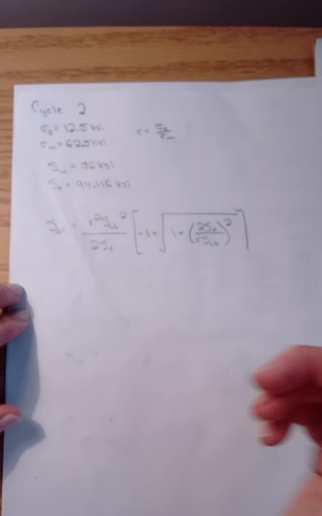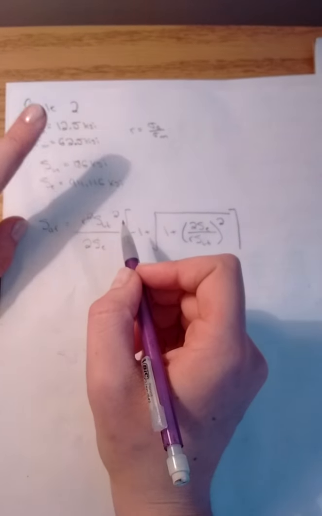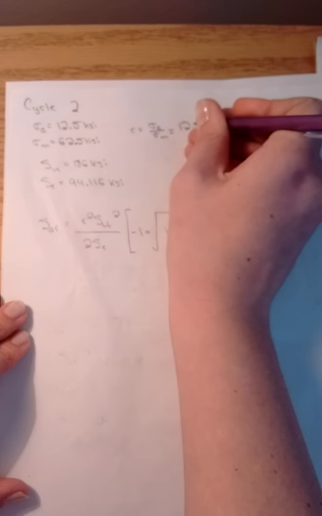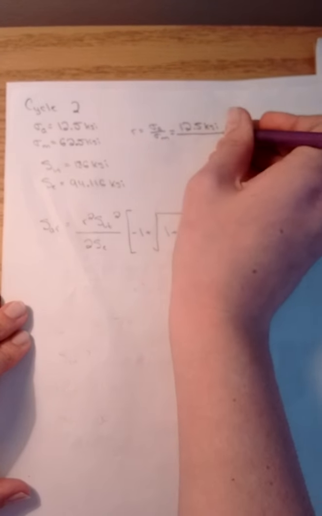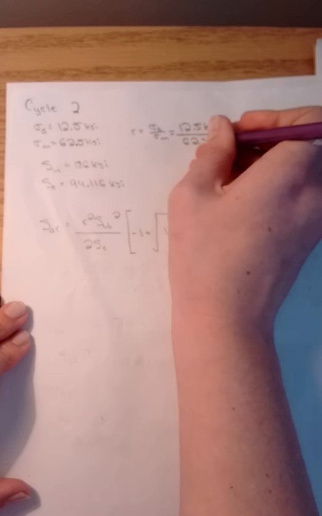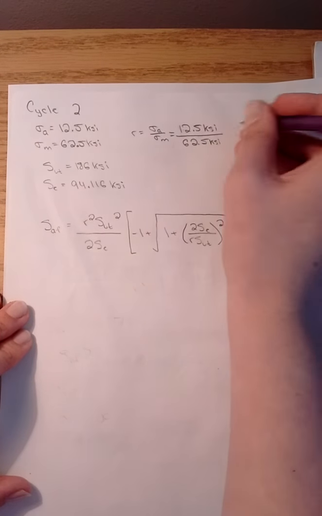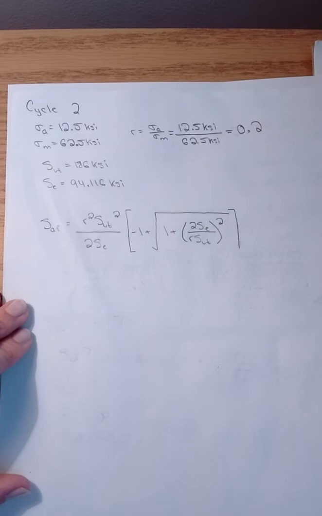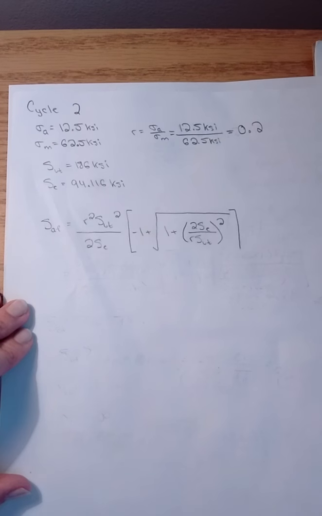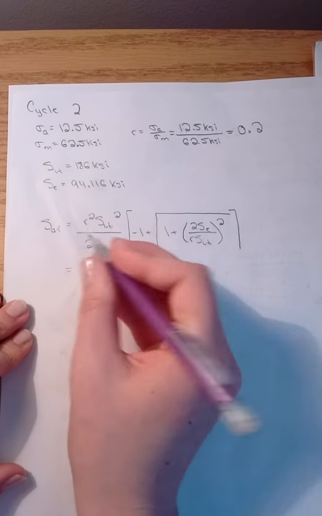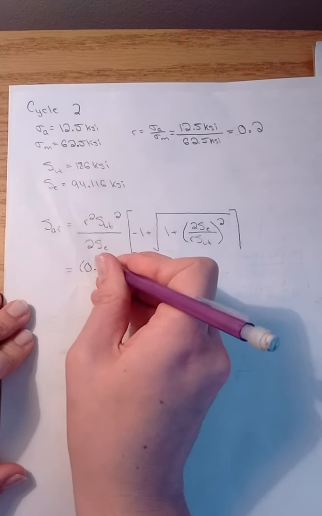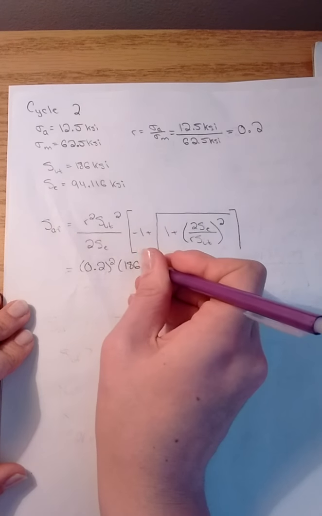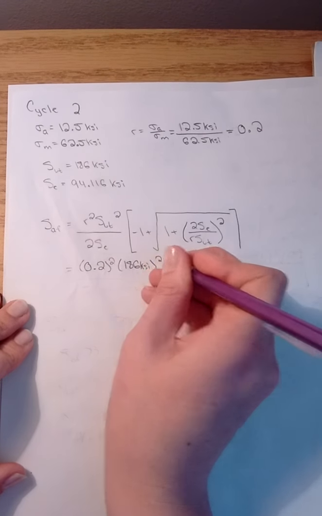So for cycle 2, sigma a was 12.5 and sigma m was 62.5. So 12.5 divided by 62.5 gets you 0.2. Now we can plug all the variables into S sub AF, so that's 0.2 squared times 186 ksi squared